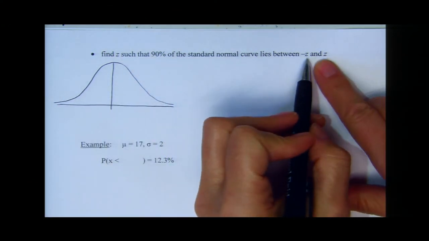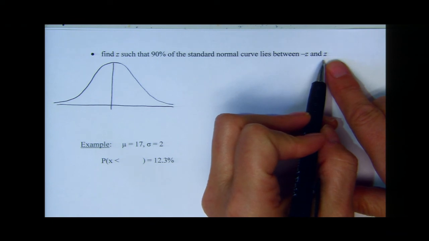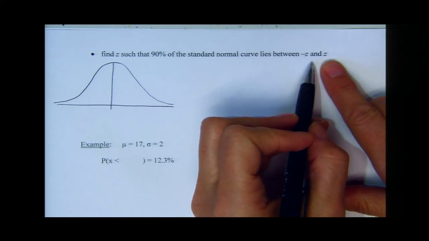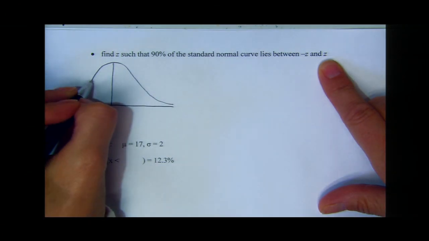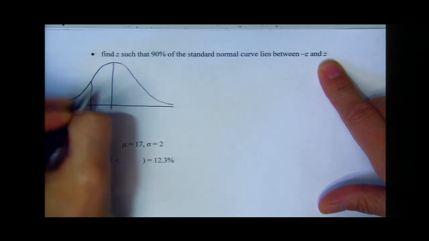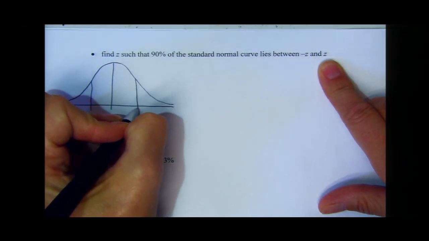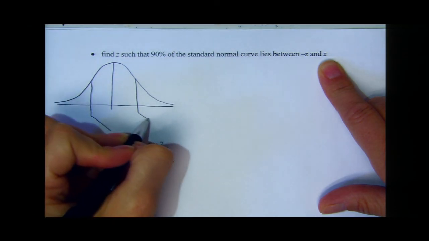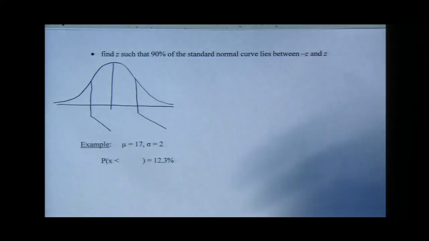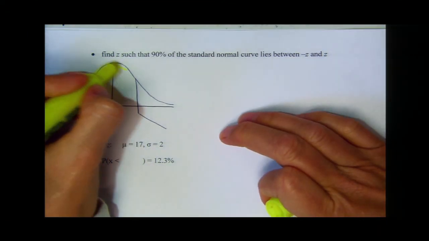What this tells me is one of my z's will be negative and one of them will be positive, and they are opposites, the exact same numbers, just one of them is positive and one is negative. So my z-values are symmetrical around the mean, the same distance from the mean. So this will be my negative z. Here I will have my positive z. And this shading here